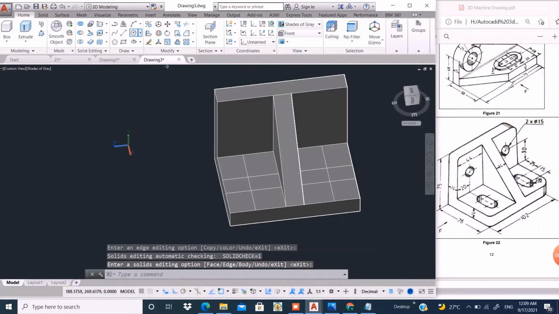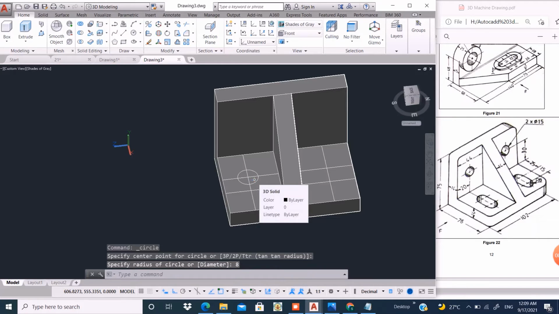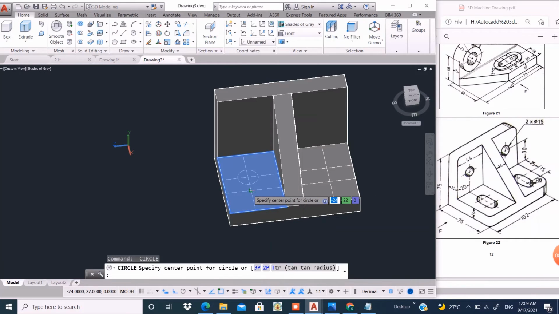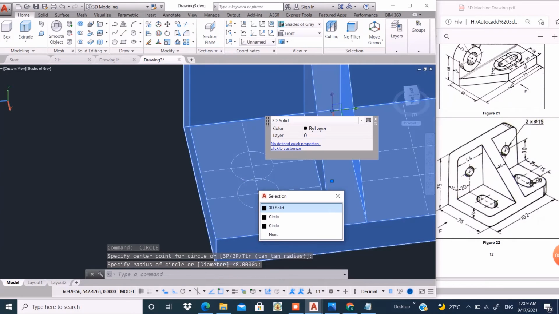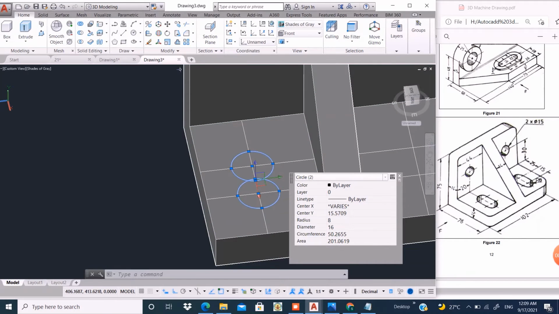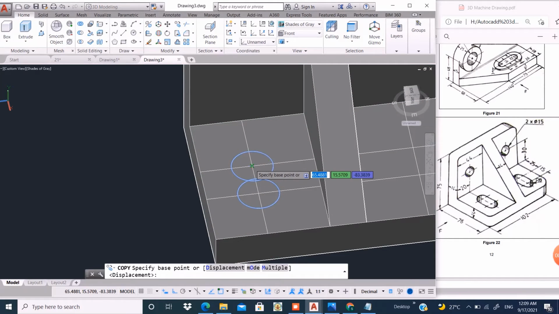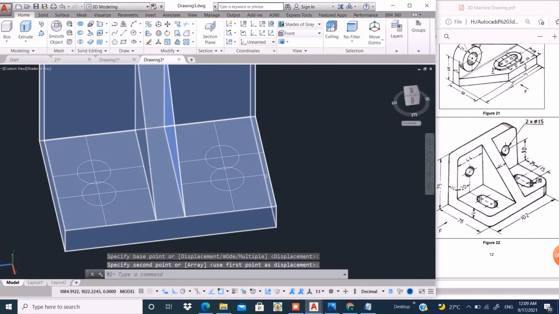Now take circle command, click here, click this point at a radius of 8 unit, here also 8 unit. Select this circle, select copy, base point and click here.